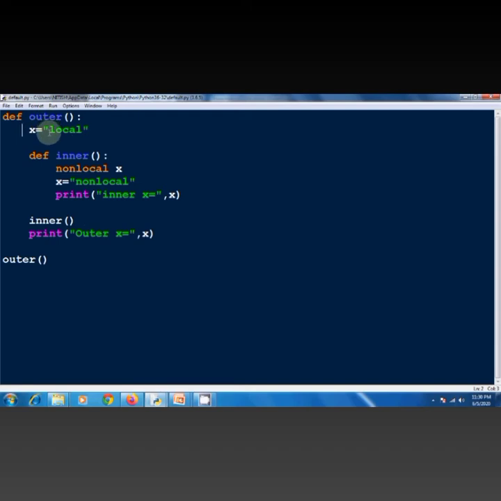One thing you have to keep in mind: if we change the value of the nonlocal variable, then these changes will appear in the outer variable also. See, if we change the value here, suppose I give the value computer science, then the change appears in the outer variable also.